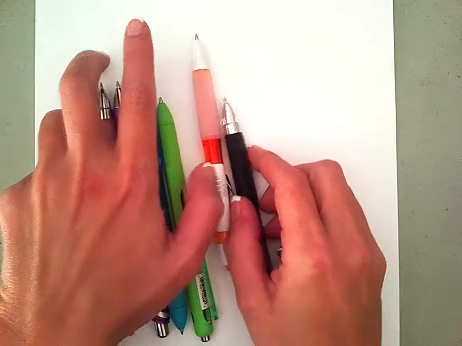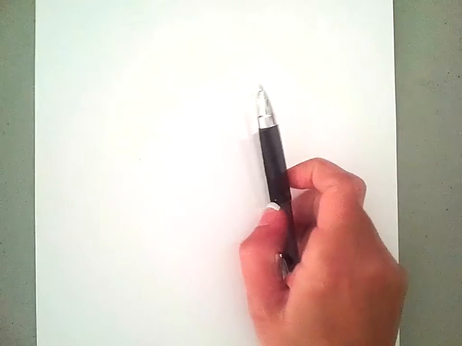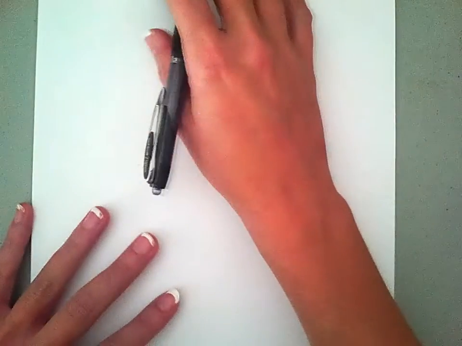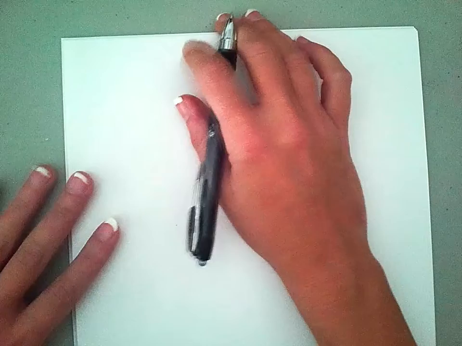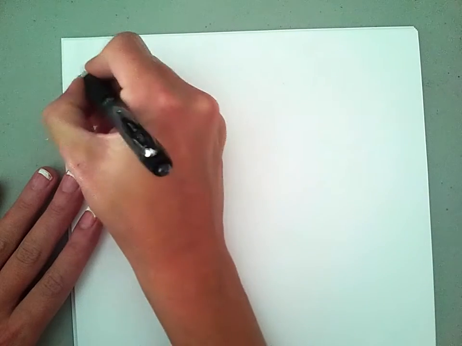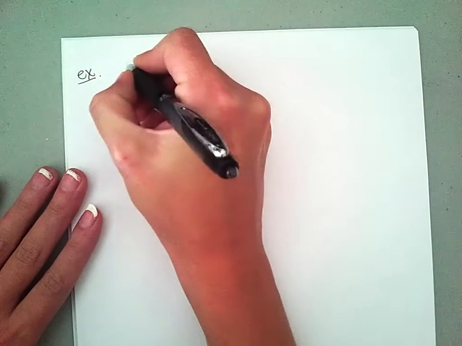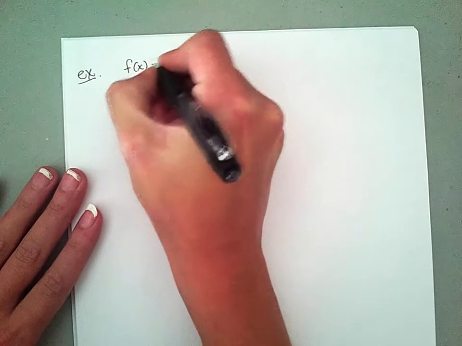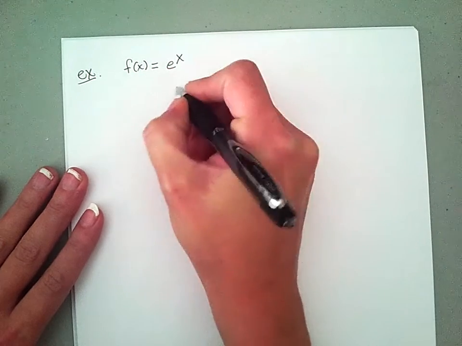Okay, so today let's do some review before we start section 4.5. Let's look at the graph of the natural log and of e. For example, if we have to graph f of x is equal to e to the x,